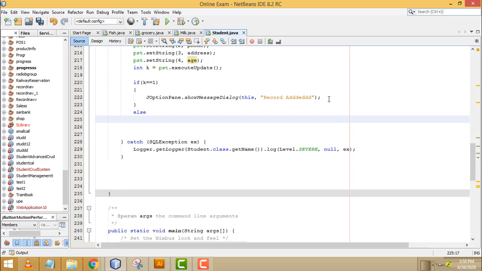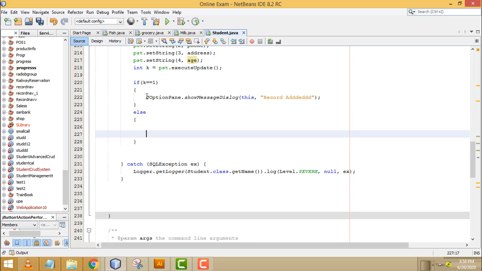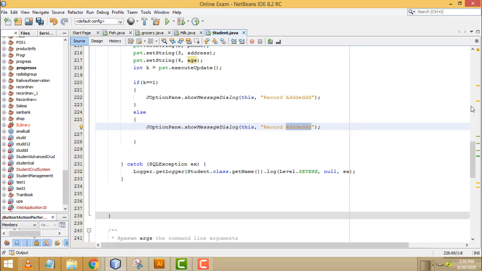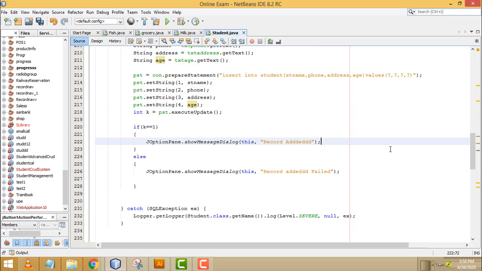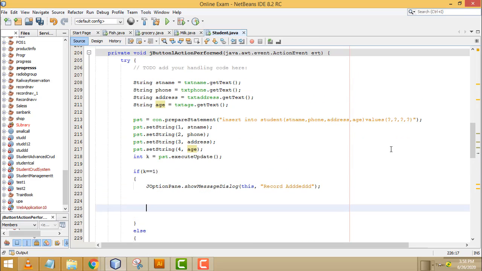Else, if it fails, Control C to copy, Control V to paste here: record add failed. After adding the record, we have to clear all the text fields.